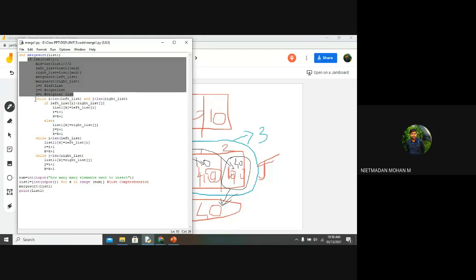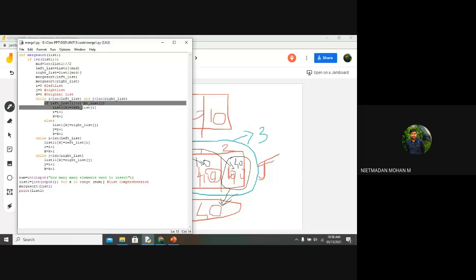After splitting, we check the condition for the final elements, whether less than or greater than. And after getting the final element, based upon this while statement, we check all the elements. The lowest element will be stored at index k of list1, and in each and every iteration, the i value, that is the left-hand side, and the right-hand side value will be incremented.